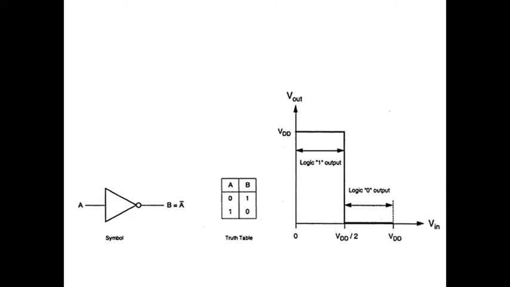Now everybody learn about the ideal voltage transfer characteristic of the CMOS inverter. Here you can observe that in the ideal voltage transfer characteristic, at a time only one transistor is in on state, and when your input falls from logic high to logic low, immediately the other transistor gets turned on and the earlier conducting transistor will go into what? Off state. So there is a sharp transition from logic high to logic low. Sharp in the sense that within zero time your output will fall from logic high to logic low. But this will happen only in the case of an ideal inverter.